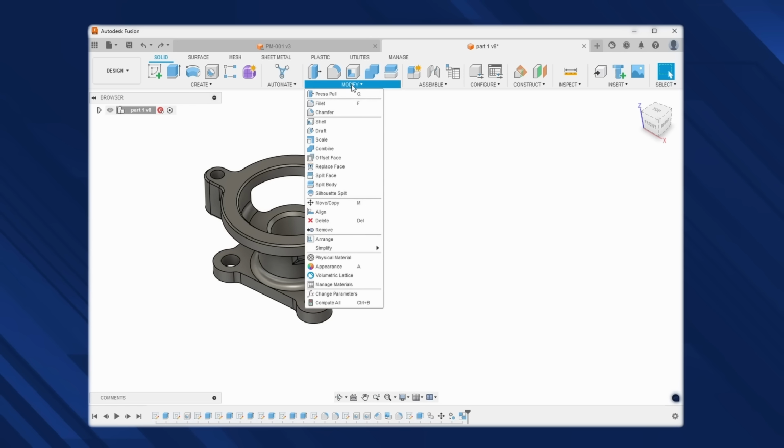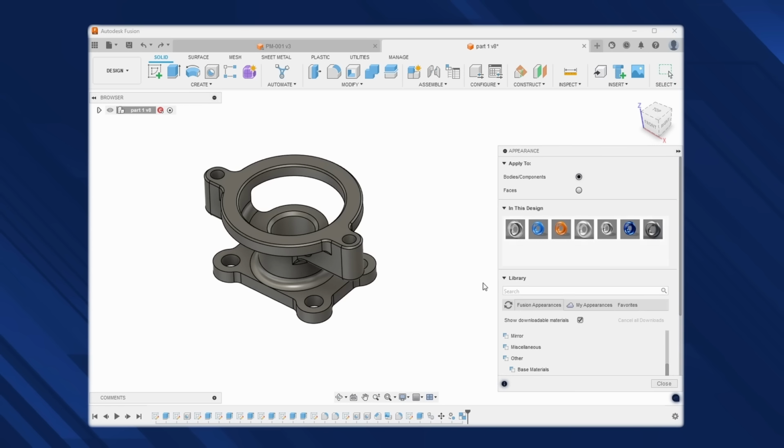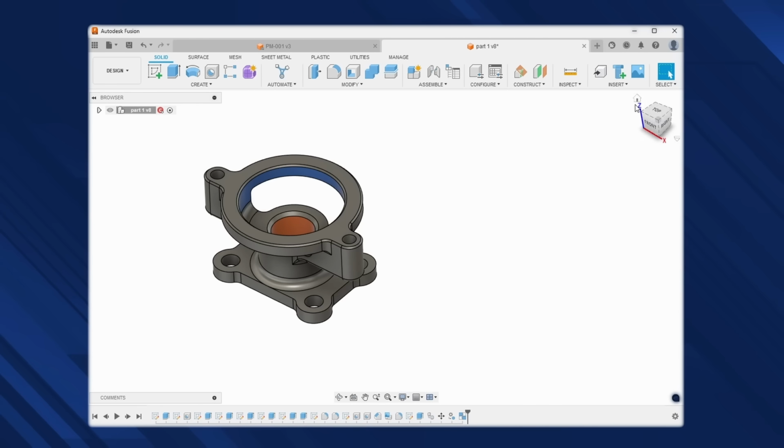First, I'll map the drawing features to the part. In some cases, I'll change the color of the faces to help me visualize which features I'll want to pay close attention to while programming. This drawing doesn't have any datums called out, but if it did, I may want to apply different appearances to those datums as well. This is especially helpful when you're working with a part that has several datums, dowel holes, and a variety of thread callouts.